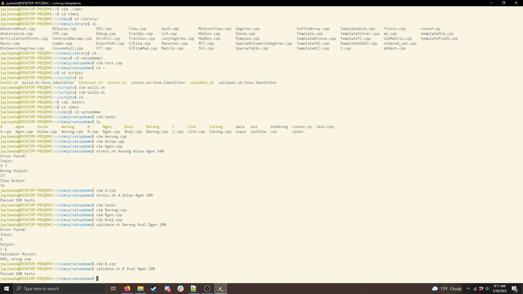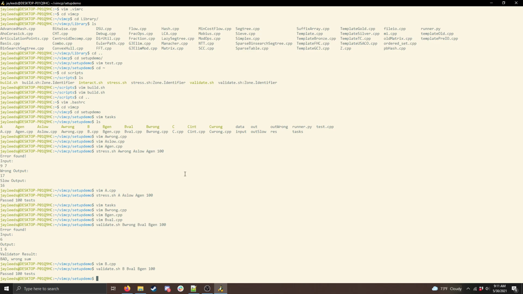And between those two scripts, those will let you stress test the vast majority of problems. But there's one category left that these don't deal with nicely, and that's interactive problems. And interactive problems are particularly annoying to stress test, and the script that I have is pretty janky. But I do have a stress tester script to use, and so I will go ahead and go over that